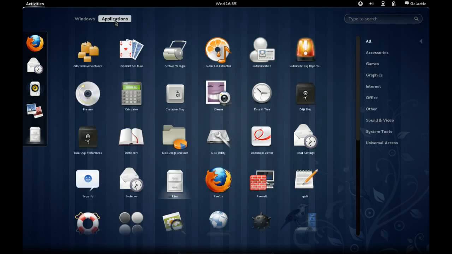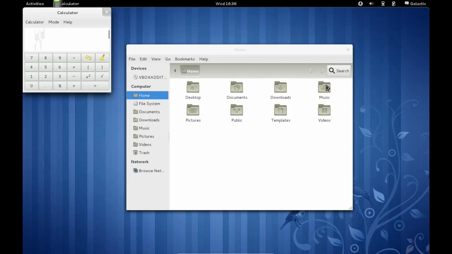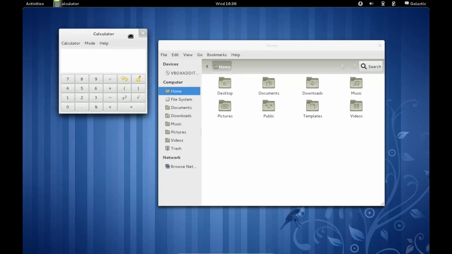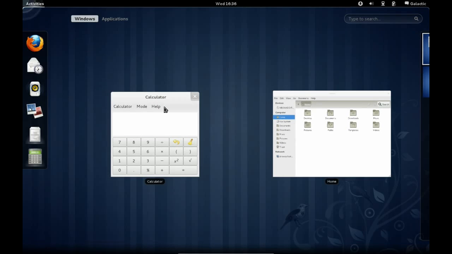What's something else we can launch? What about, okay, calculator. That's nice and easy. So basically your workspace, of course, is your desktop. Nothing is new there, but anytime you want to launch a new application or reorder your windows as far as workspaces are concerned, you put your mouse back up into the top corner there, and it will drag all your windows into view